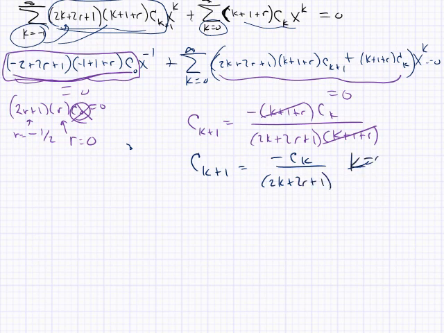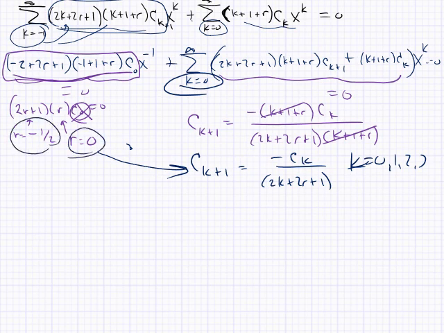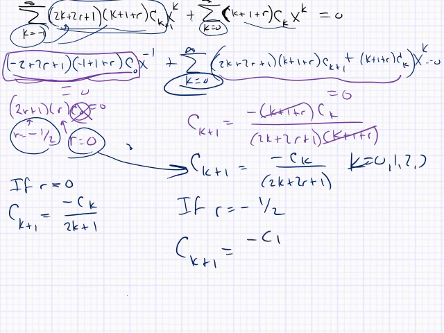And remember, what k's are we using? 0, 1, 2, 3, because that's where k started. But again, this formula has r in it, and there are two different r values that we found. So we could say if r equaled 0, we would get c sub k plus 1 equals negative c sub k over 2k plus 1. And if r equaled negative 1/2, we would get c sub k plus 1 equals negative c sub k over 2k minus 2 plus 1. So that would give me,